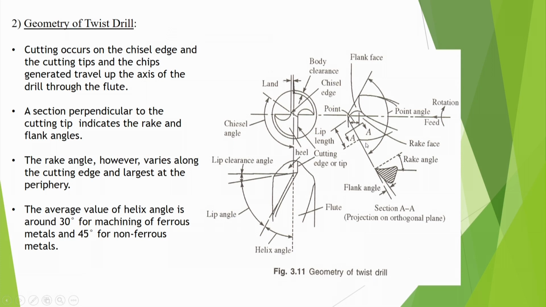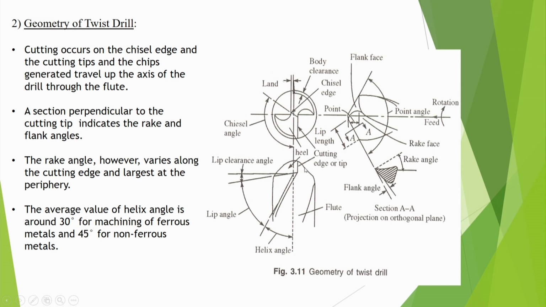You have one cutting edge here and another cutting edge here, and the included angle between them is called the point angle. Usually in most drills it is about 118 degree, particularly for steel. If you cut these sections, you get the same type of thing. Here you get the rake angle and the flank angle, and you have the flute, the space in which the chips flow in a helical pattern. The helix helps in bringing the chip out, and this is the chisel edge.